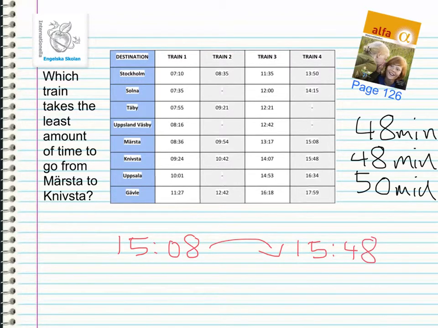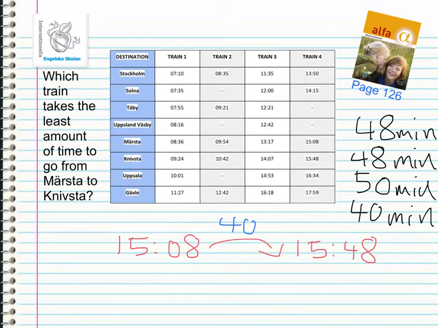And the amount of time which we go from 15:08 up until 15:48 is an extra 40 minutes. So in total, the fourth train has taken 40 minutes,